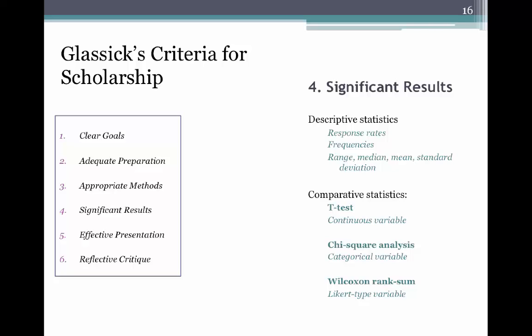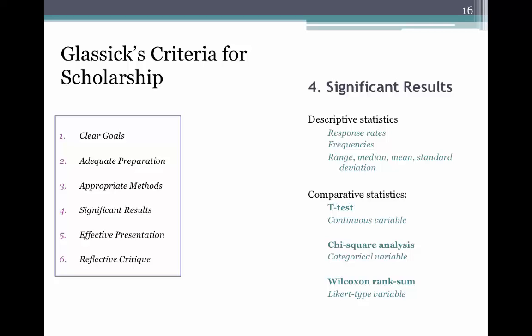A continuous variable, such as a test score, can be analyzed using a t-test, which compares the means and standard deviations of 2 groups, usually pre and post. A binary variable, such as yes or no, agree or disagree, can be analyzed using a chi-square analysis, which compares